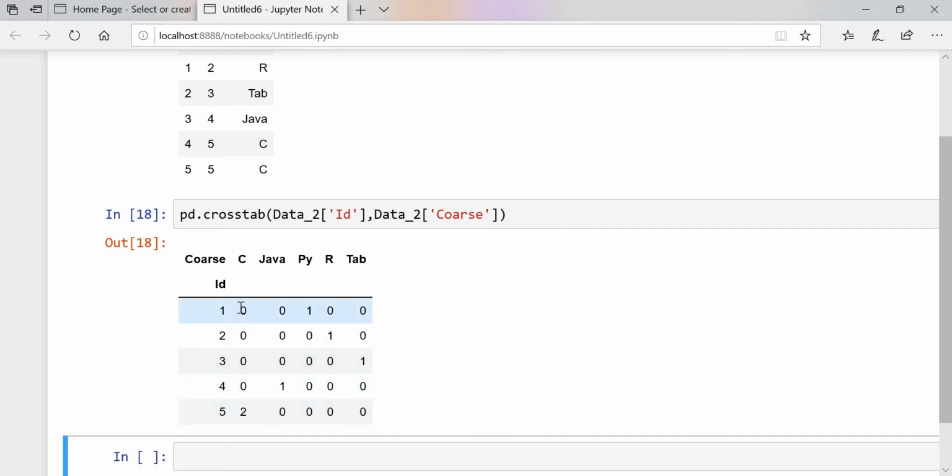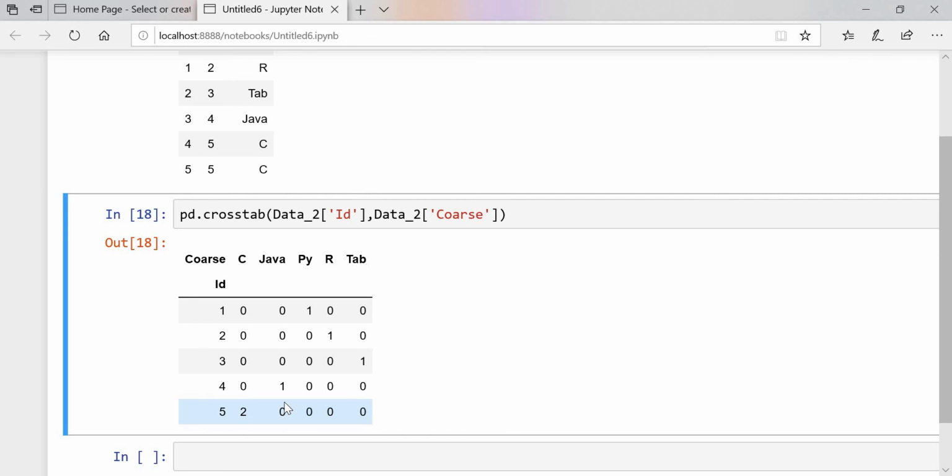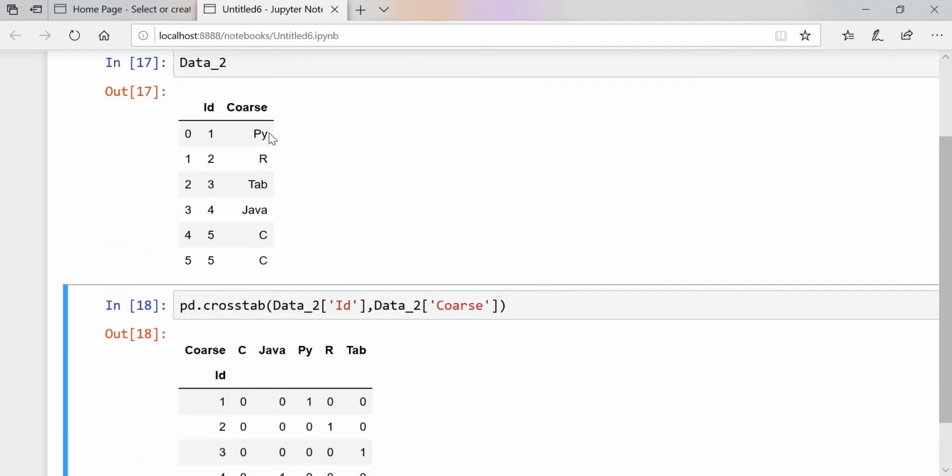You can see we have duplicates here: in the fifth id we have 2 cc, that's why 1 plus 1 we are getting 2. So here we are getting the aggregate value, that is the sum. And in Python it is repeated only one time, that's why we are getting only one. So like this crosstab will work.